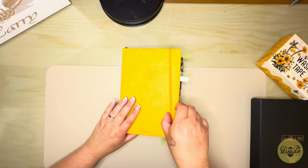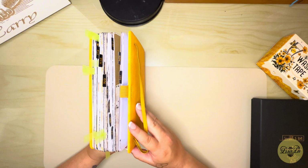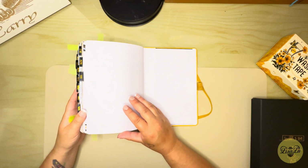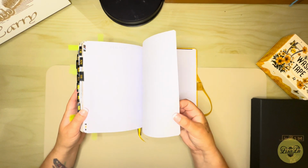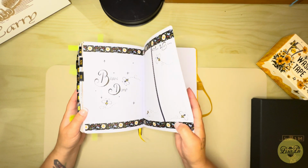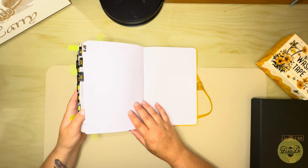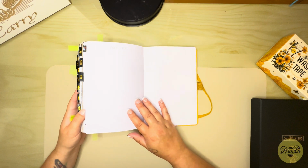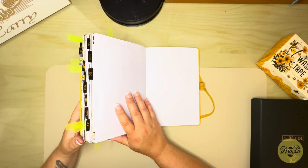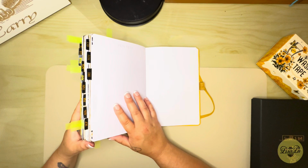The journal itself, you can't see many of the pages anymore, but go to the back, the pages are really white and thick. And this page doesn't have the dots because I've got right to the end, but the dots aren't too intrusive, so when you do your design and stuff, they do kind of blend into the background, which I like. I've had journals before where the dots are quite vibrant,